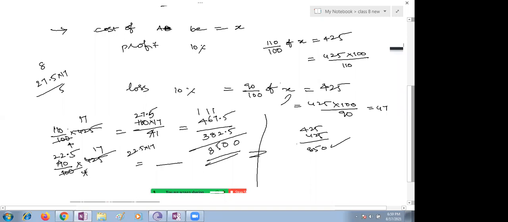Where is my dear Satvik? Satvik. Yes, ma'am. Where is the part you shared? Let me show that whether it is true. Many things I'm trying, but I'm getting the same answer. Ma'am, in this you did 90 by 100 into 425. In that they did 90 into 90 by 100 into y, which is equal to 425. Okay. Why are they taken?